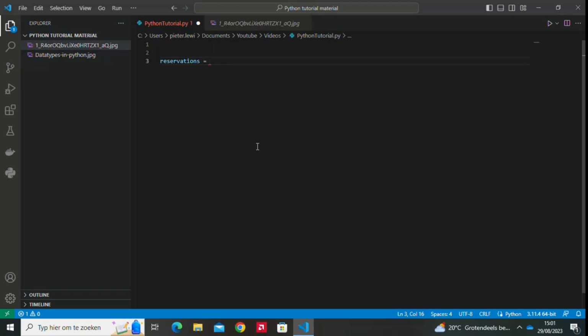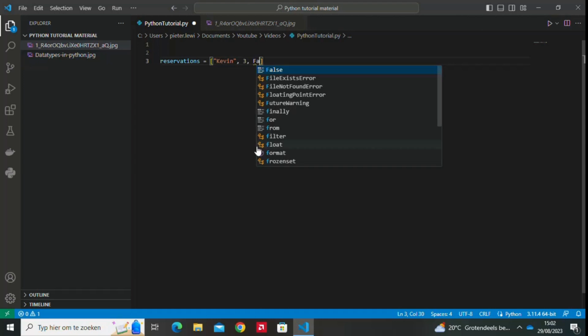And we're going to make it by using the square brackets, and then we can put multiple items in it, such as strings, like Kyrie is one of our reservations, or true, or a boolean like false,